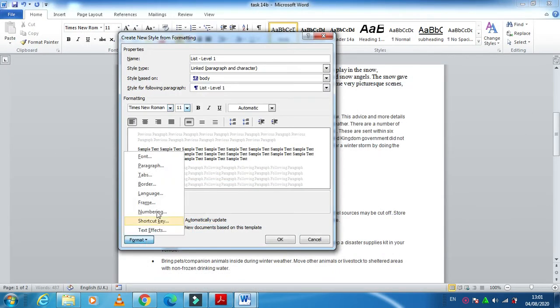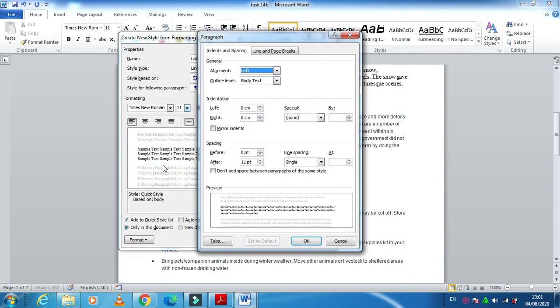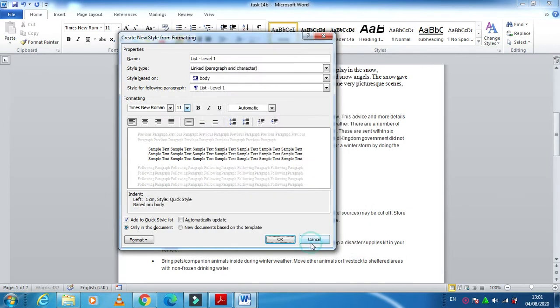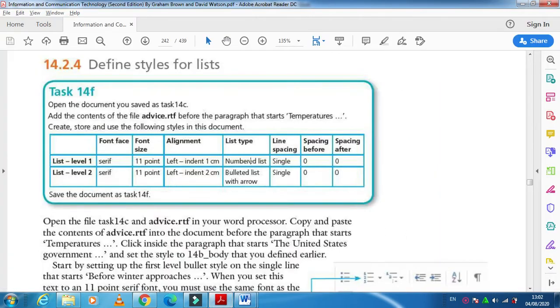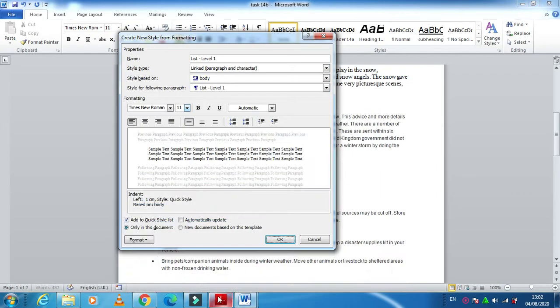So we need to click here, then click on paragraph, and in indentation we just need to click here and type 1 centimeter. Click on OK. So you see here left 1 centimeter. Then we need this one as a numbered list.